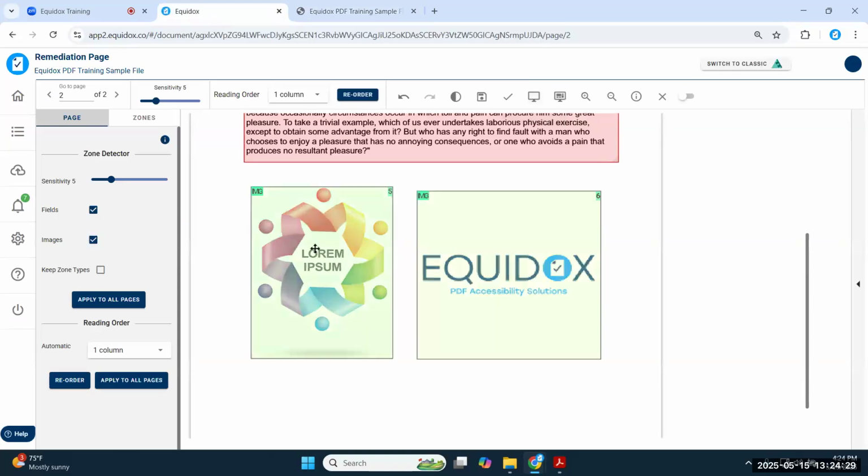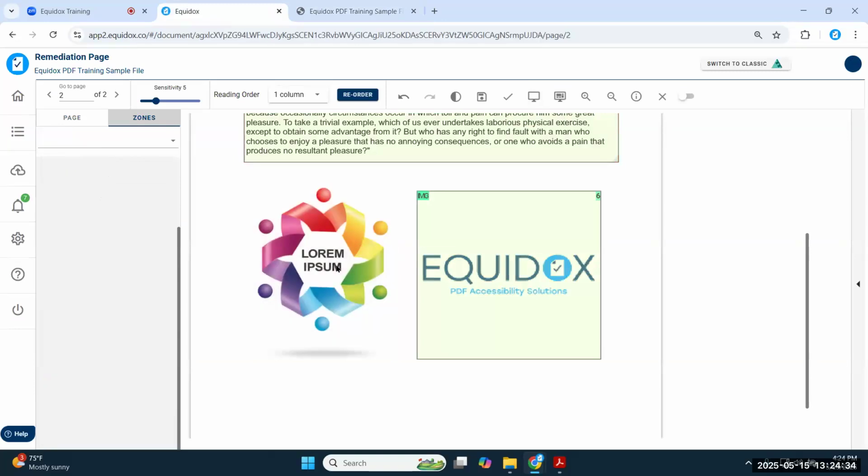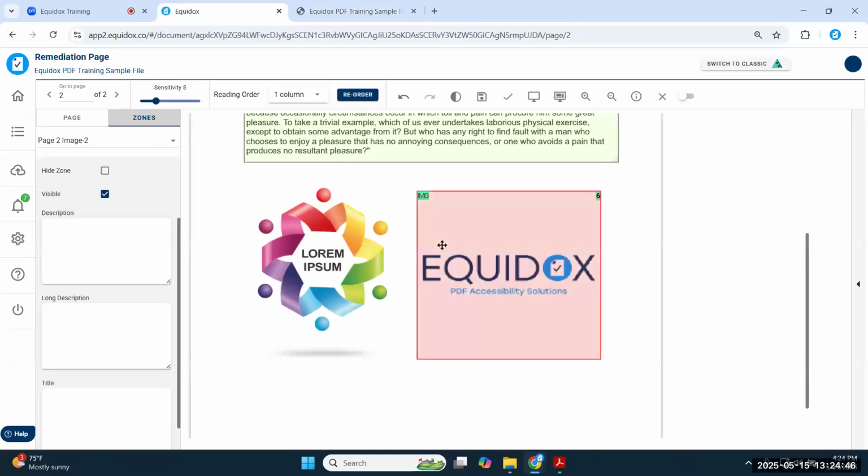If you want to just artifact one image at a time, like take this image here, for example, I can simply hit backspace on my keyboard and just that one image will be eliminated and I'll be left with the Equinox logo. Now, if I wanted to describe the Equinox logo here, all I have to do is click on it. And here in the description field, I can type in my alt text, which would be something as simple as Equinox logo. Really no reason to go any deeper than that. Don't be overly verbose in your alt descriptions, especially for simple images like logos.